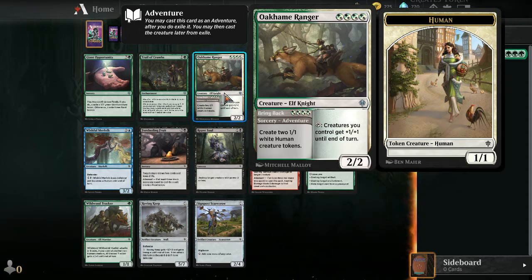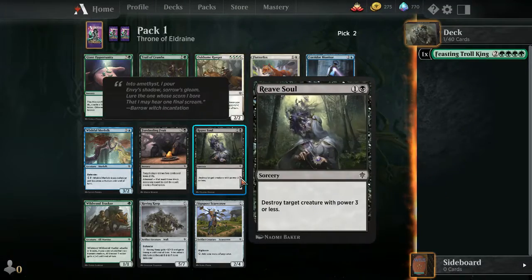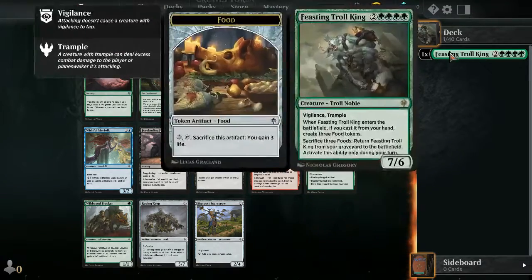And then the sorcery ability is also pretty decent, which can create those 1/1 tokens right away to chump block or allow your deck to go even wider. Looking at the commons, then there's Reef Soul, which is excellent, which would put us in black-green, but